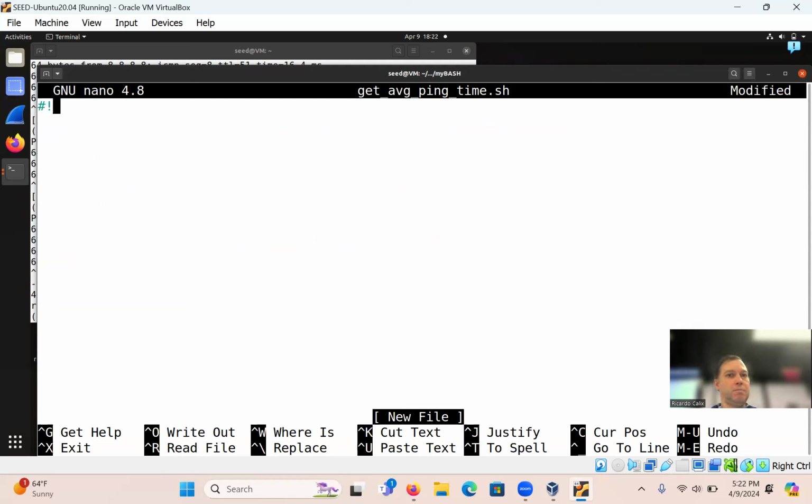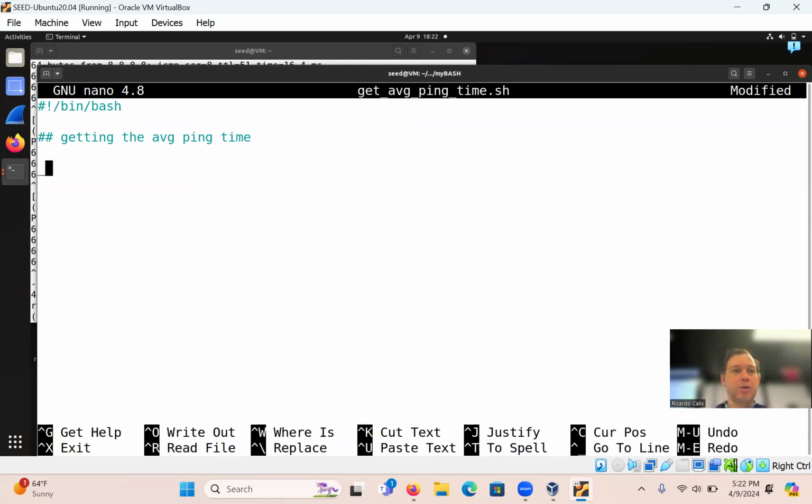It's going to be bin bash. I'm going to add a comment: getting the average ping time. Now we are going to need a command to run.